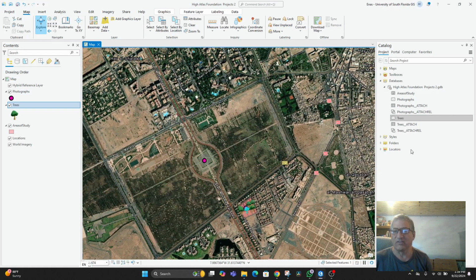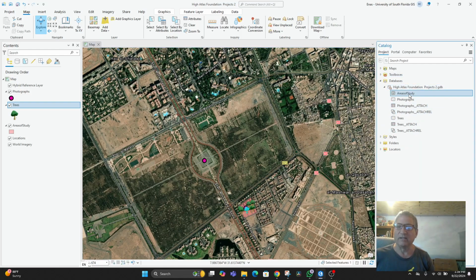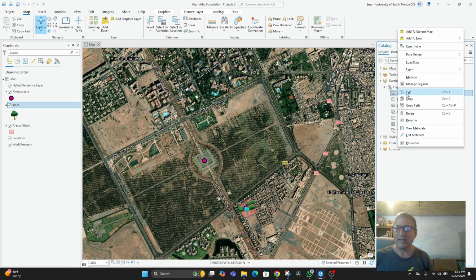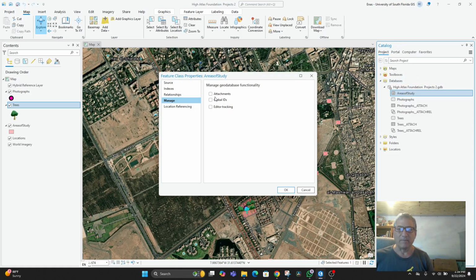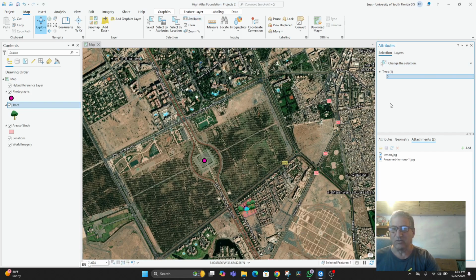The idea of an attachment can be put onto anything, even the area of study. If you wanted to, you could click on it, right click on it, go to manage, put in attachments, and now that has an attachment table. And that means that when you go to attributes, if you try to find it out of trees and instead look for